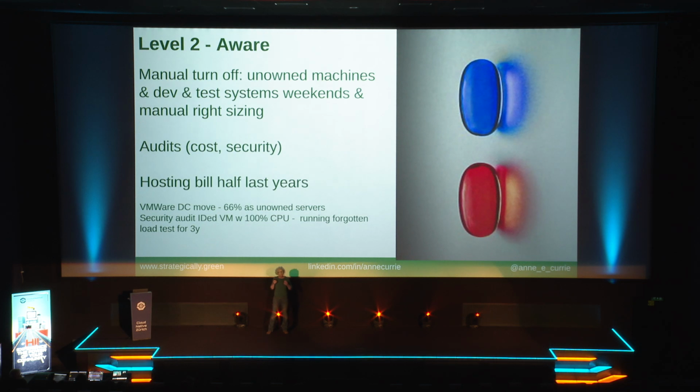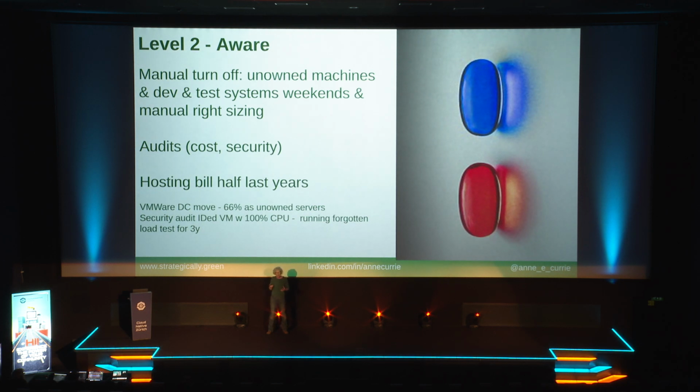It's often associated with being manual. Maybe every 6 months, every year, you go through your systems and look at what's going on with all your machines or your VMs or your containers, and you ask, is that over-provisioned? Because almost everything is over-provisioned to start with, and it gets over-provisioned over time, you have to keep going back and right-sizing everything. Otherwise, your whole system will be over-provisioned. The other thing you might find during this manual process is machines that nobody's using anymore, systems that nobody is actually querying, nobody cares about, and you turn those off.